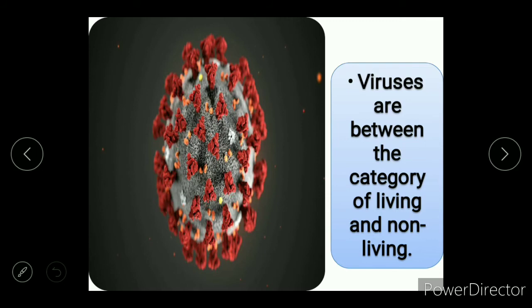Viruses are categorized between living and non-living. Why? Because when viruses are outside the body, like coronavirus, they act as dead things that just lie in the corner of anything. When people touch that thing, it acts as a vector of the virus to any open pore, and the virus enters the body, goes to the liver, makes copies, and then affects the whole body.